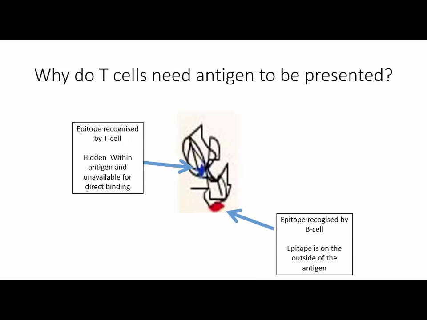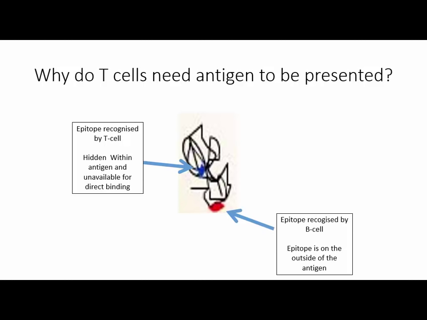Okay? That's that. So it raises the question of why do T cells need antigen presented to them? It's actually like a division of labor. We're going to use B cells to recognize epitopes that are on the outside of the antigen. Okay? So here you can see this red epitope here. That's going to be recognized by a B cell. And it's one of the reasons why B cells can directly bind, because the binding site is on the outside,